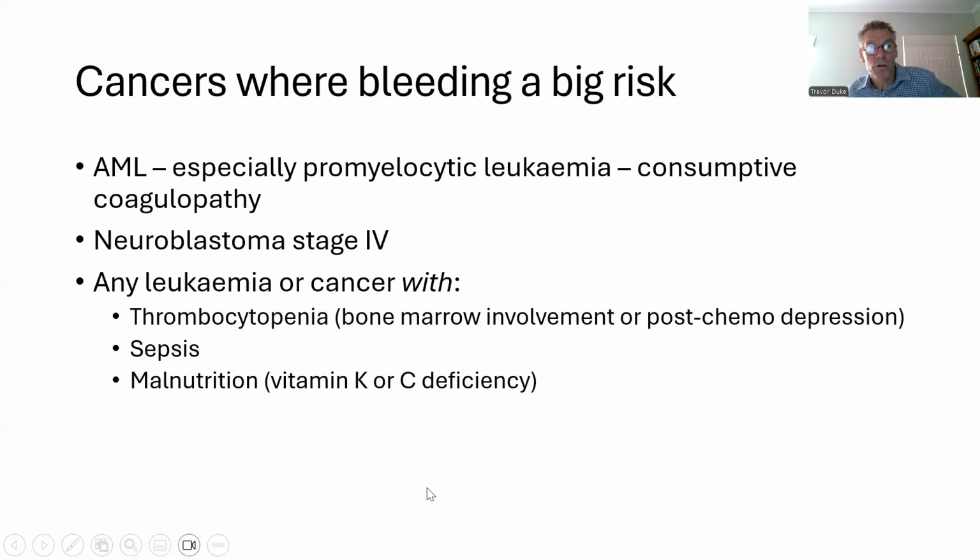Right. I wanted to talk a bit about bleeding and coagulopathy, as another oncology emergency. This is the 5th oncology emergency, and again, bleeding is quite common in children who've got cancer, but there are some children with certain cancers where bleeding is more likely. And the first one is acute myeloid leukemia, and especially a type of myeloid leukemia called promyelocytic leukemia, where